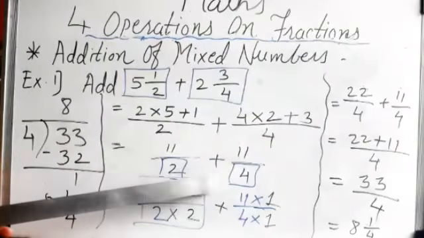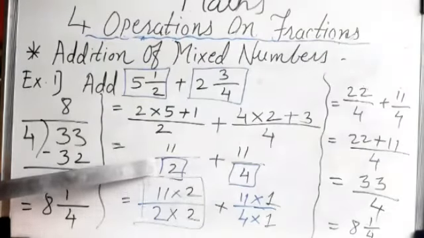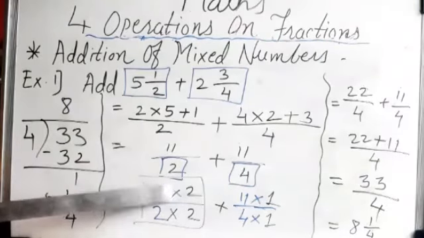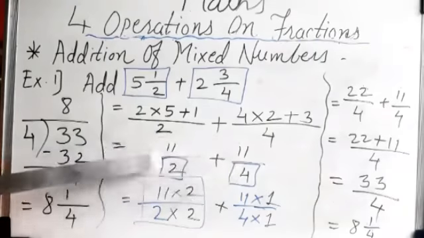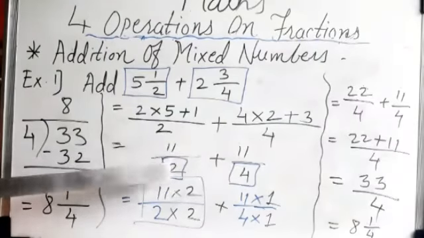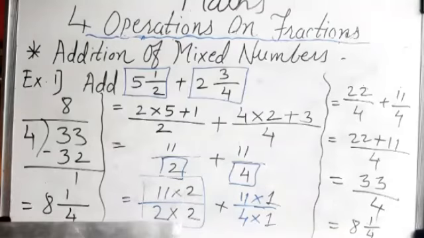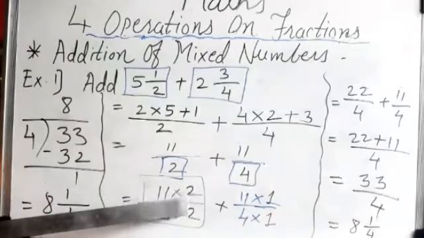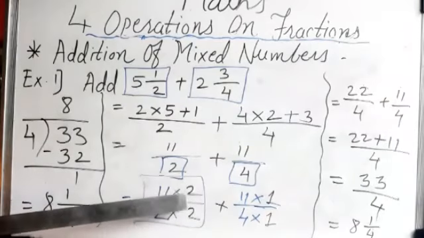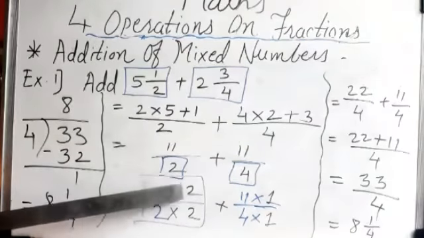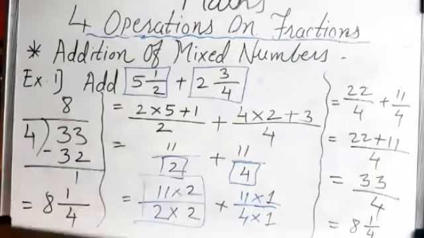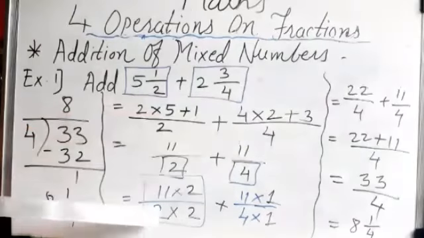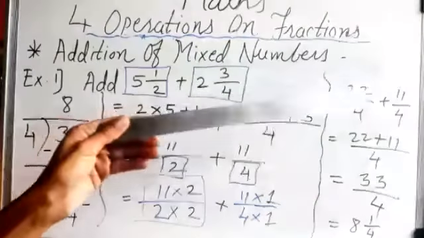Then now we want to make the denominators equal. So what I have done, 4 is already there in the table of 2. So I just multiplied the first fraction's numerator and denominator with 2, and for the second fraction I have multiplied with 1. Every time these numbers will be different. It will depend on how you have to make the denominators equal. So for that purpose, now here 11 2s are 22, 2 2s are 4, 11 1s are 11, 4 1s are 4,